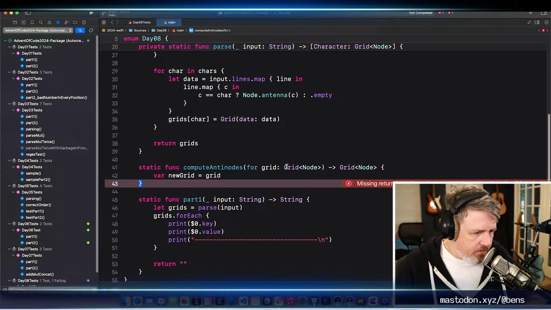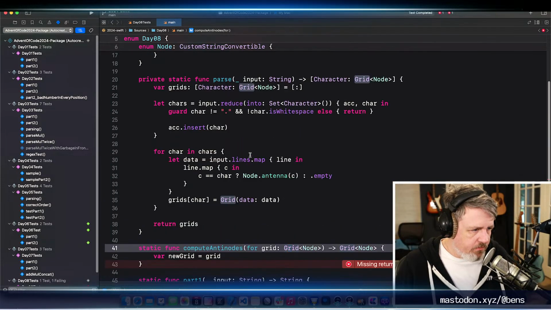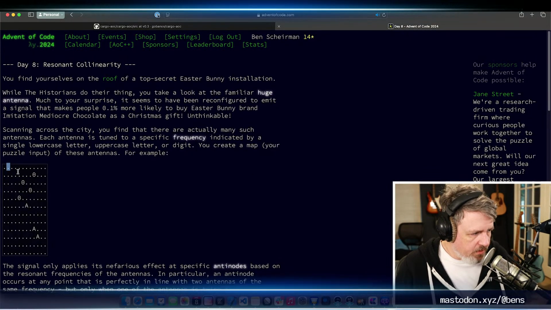Yeah, I'm starting to think that this grid isn't going to be super useful because we're going to be iterating over so much empty space for no reason, where we could just iterate over the positions.